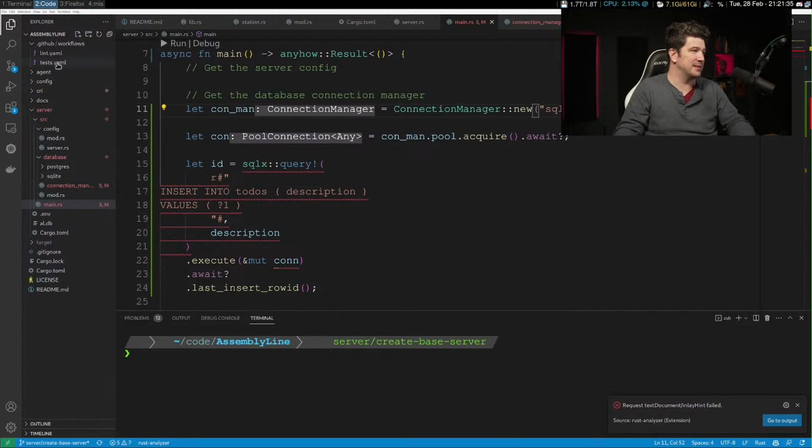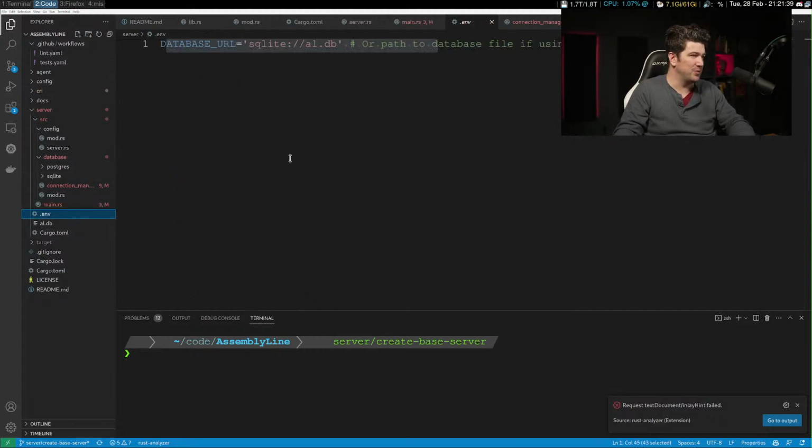upset is this is running in the base workflow. And so I bet you what we need to do is make it server/ALDB.